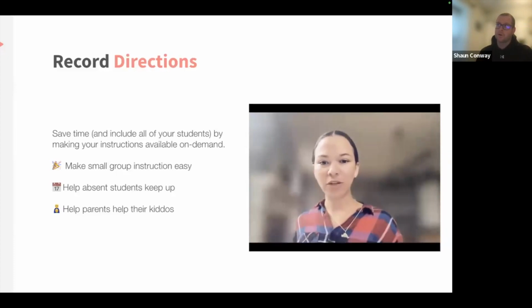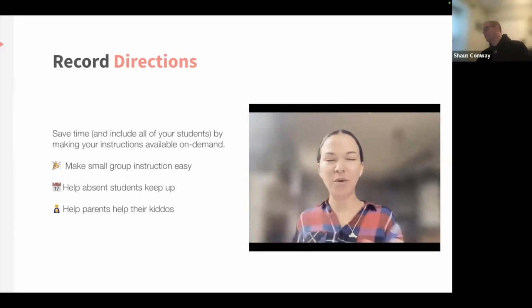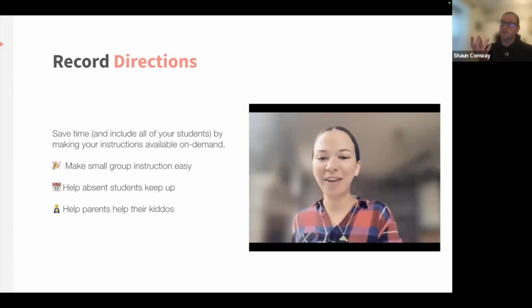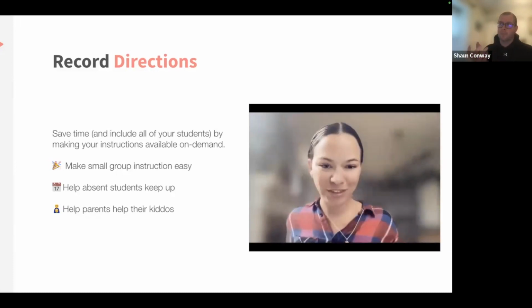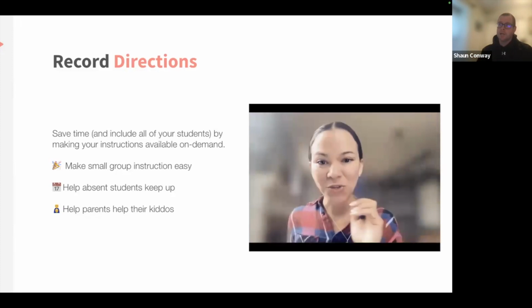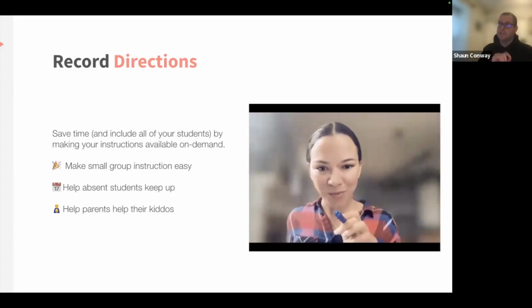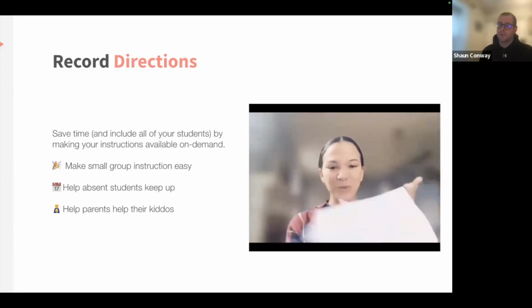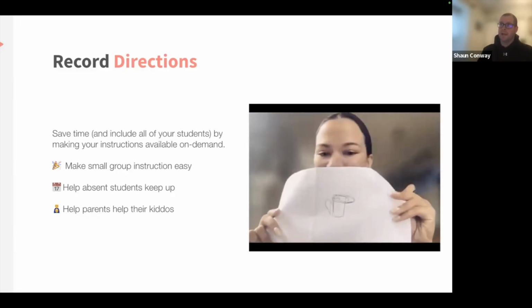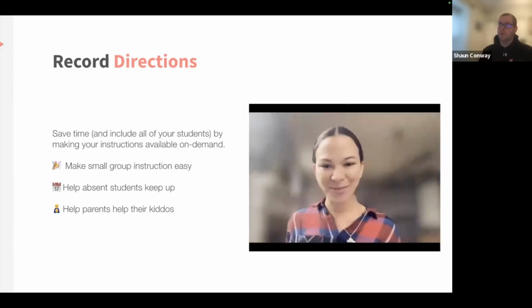She's talking about art directions. If you were to do a no-look draw on a coffee cup, you look at it, and she actually shows it to you. She shows you the piece of paper, and then she tells you exactly what you're supposed to be doing. So she walks through with the actual piece of paper and goes through it that way.